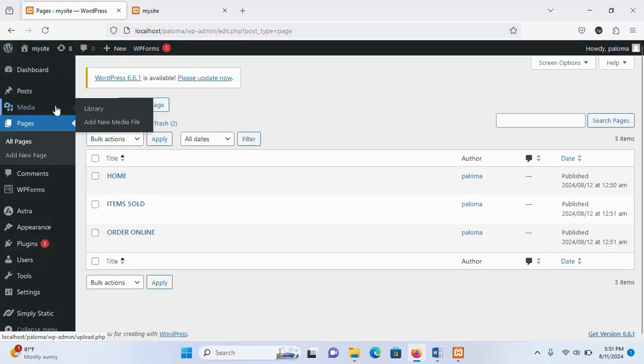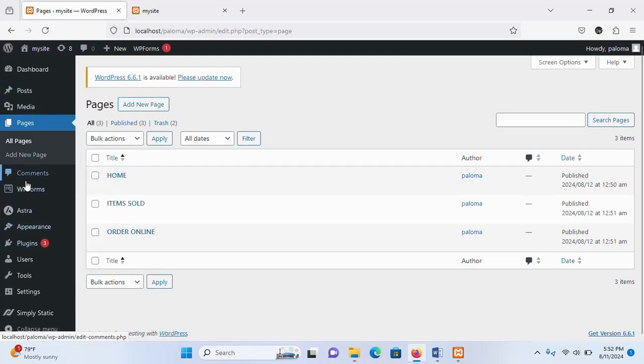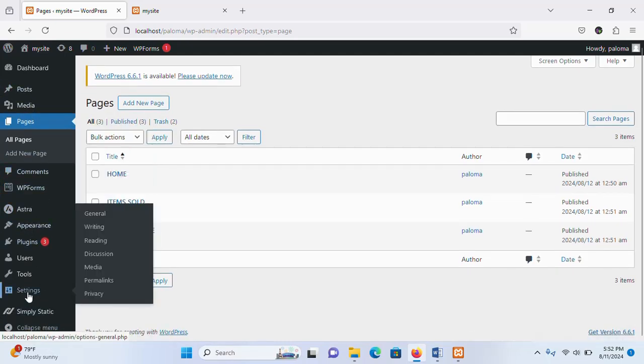So after we have done this, we can now create a menu for our site. Remember, we are going to need that top banner, the shared banner. So we need to create a menu. So where do you get the menu? You can come to the left side here again and look for settings. So under settings, you will be able to see